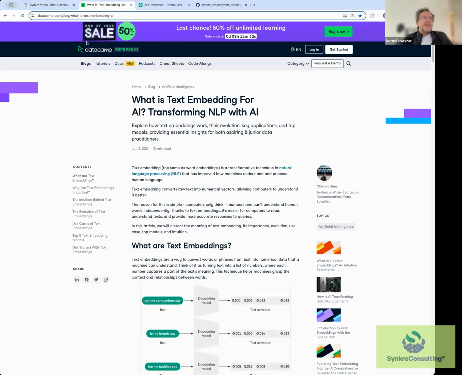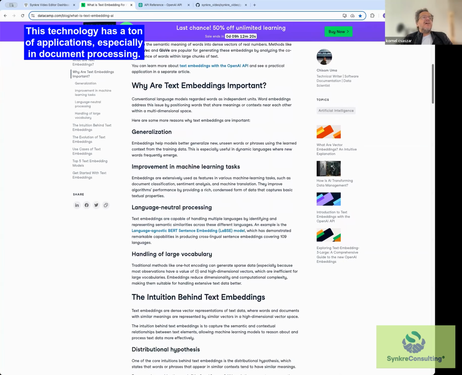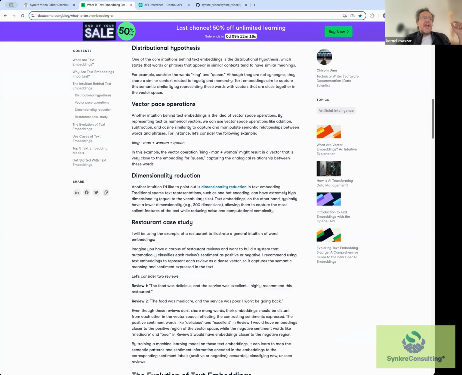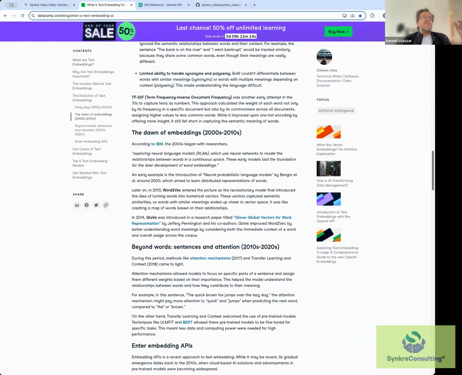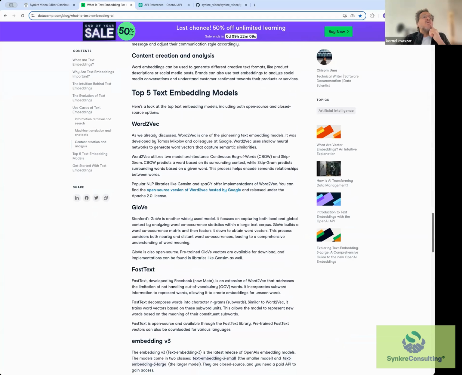If you're interested in this technology, you should absolutely look at this document, because it goes through the history of this kind of text processing, where it started, what the big landmarks are, and it also gives you the 5 top algorithms, which I found very interesting.